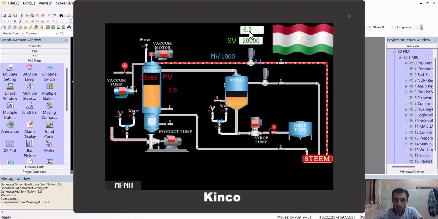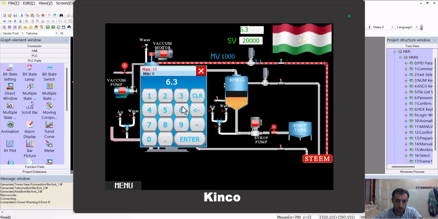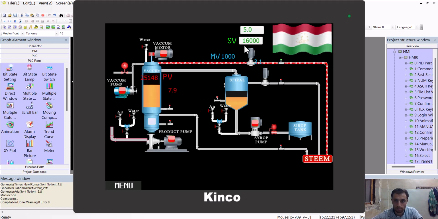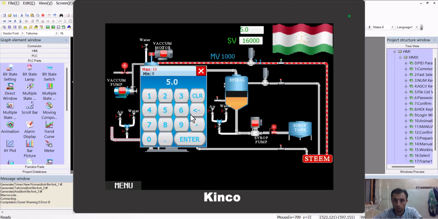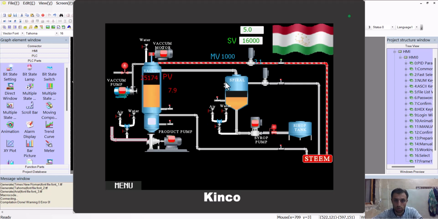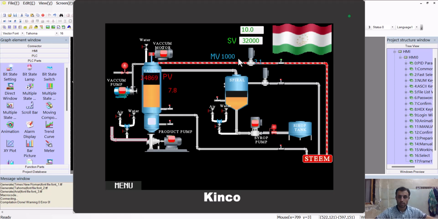Now let's see what we have in set value. For example, this is 6.3 bar, so I put in 5 bar. If I put 10 bars, we have this 32,000. My input here is 7.8 bar. My output percent is 3.1 here. When I change it, you can see here